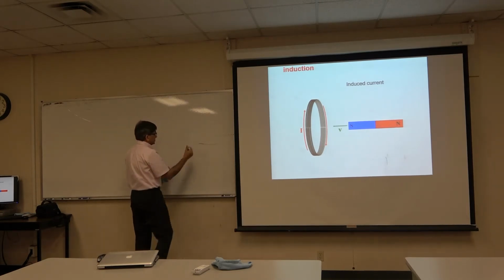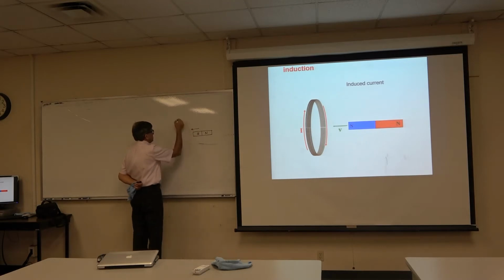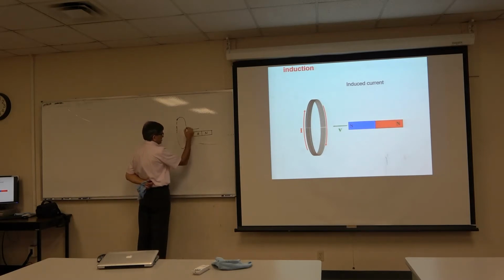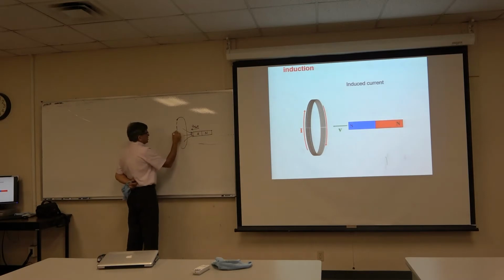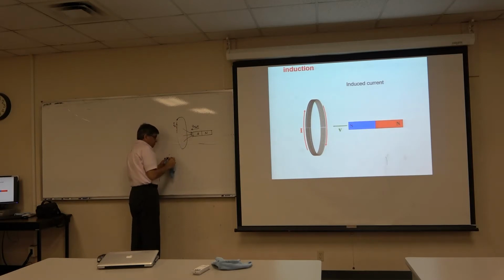If I have this bar magnet which has a north and a south pole, this is the velocity of the motion, and this is the conducting coil. Now the magnetic field lines are something like this, right? So they are going towards the south pole, right? That is the magnetic field due to the external magnet. Now if the current flows through it, the direction of the current will be such that the induced current, if I grasp it in my hand,